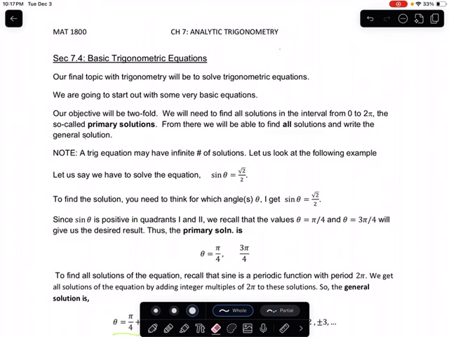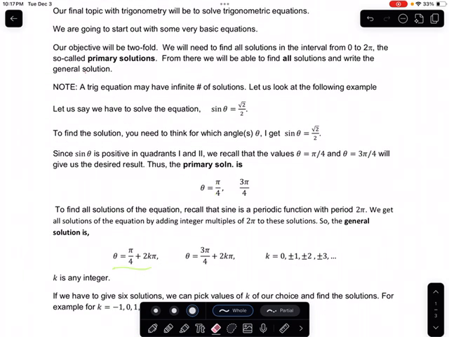Here we will learn what type of solutions there are for basic trig equations, and how we present them, how we show them, write them. Often we will have to find all the solutions of a basic trigonometric equation, or we can be asked to find the solution only in the interval 0 to 2 pi, or some other fixed interval. If we look at solutions only in the interval 0 to 2 pi, we call that